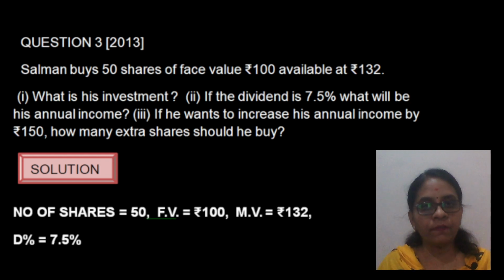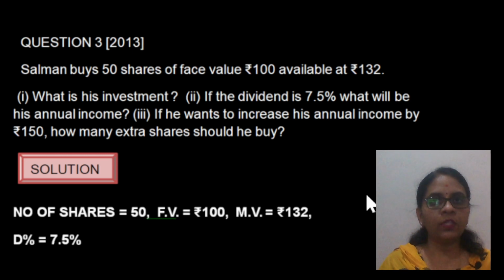They are asking his investment. If the dividend is 7.5%, what will be his annual income? And if he wants to increase his annual income by 150 more, how many more extra shares should he buy? It's a simple straight question in this year, children, nothing great. So, this is the data given, number of shares 50, face value 100, market value 132, and D per share is